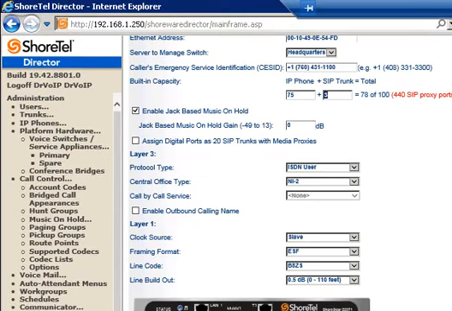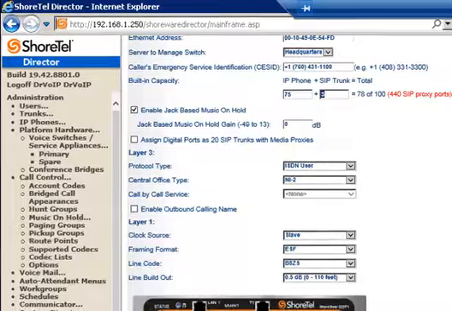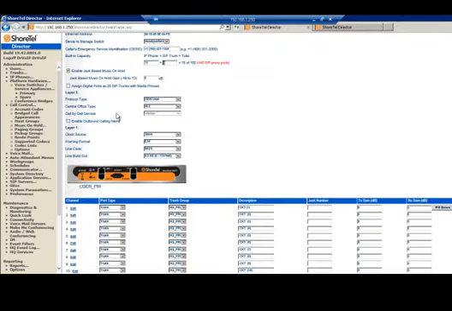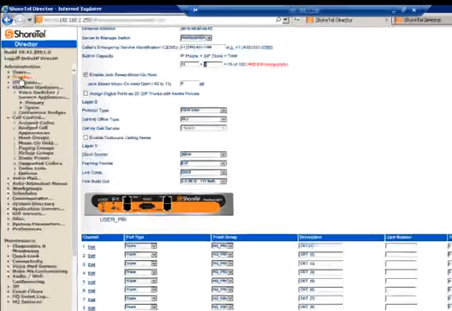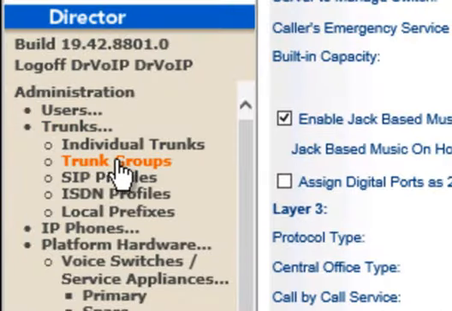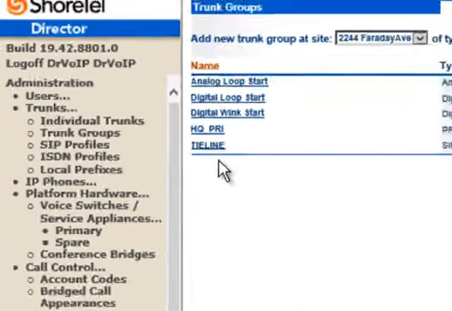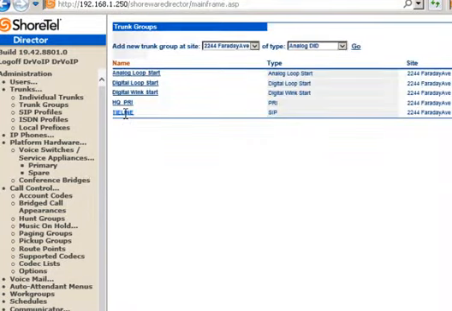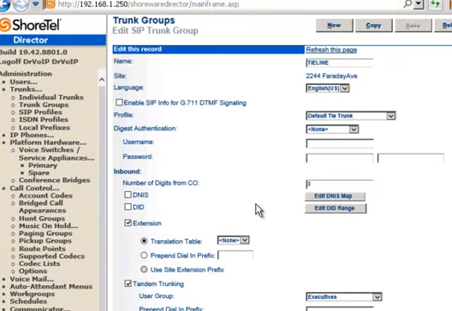Next, you're going to also have to take a look at your license page and make sure that you have appropriate level of licenses. I'm just setting up 1 trunk just for an example. And then next place we'd probably go is to the actual trunk group. So head over to trunks, go to trunk groups, and I declared one to be SIP trunks, and the SIP trunk,